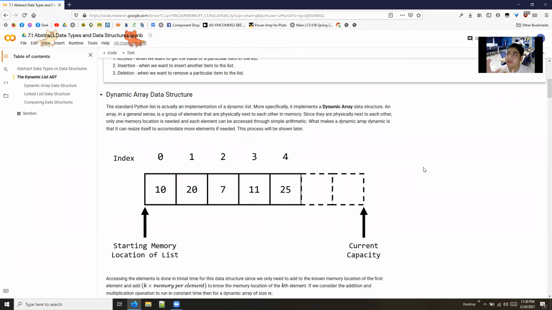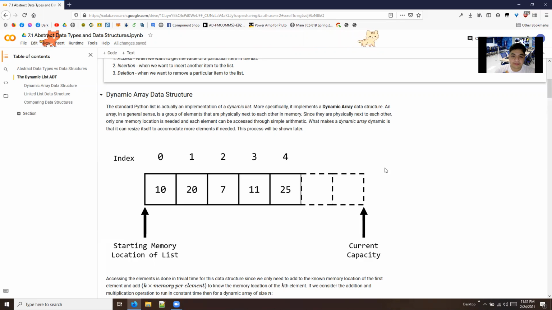As in memory, when you look at the memory, you see a list of memory locations where your array is at. Usually a computer just needs to remember the first element of the array to know all the memory locations of the array. Now, in a dynamic array, because of the term dynamic, it should be able to adjust to the insertion and deletion of the list. And you'll get to see how that happens later.